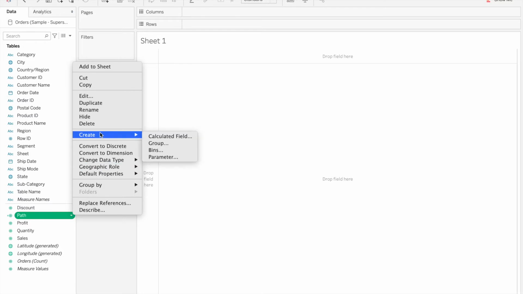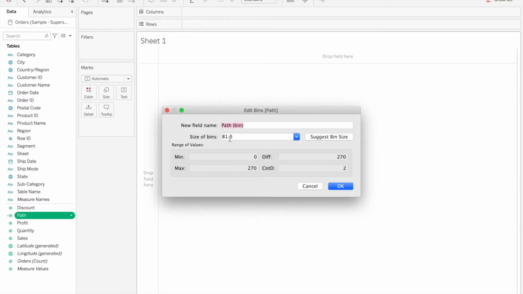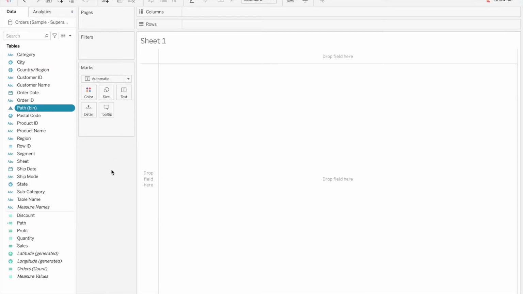So to create bins, we will right click on path, click on create and select bins, and in the size, because we want the size of the bins to be 1, we will just add 1 and click OK. Once our bins are created, this will only create 2 values in our data set regardless of the bin splits. I'll show you what I mean by that.